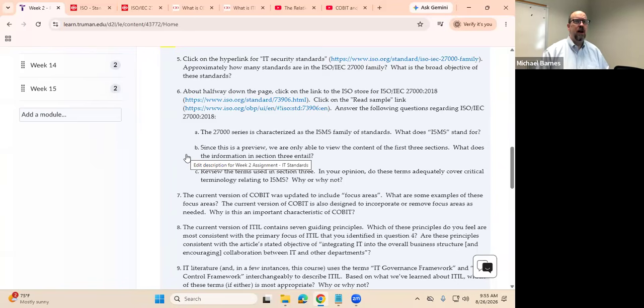One of the big concerns about IT resources nowadays, as Megan pointed out, is cybersecurity and privacy. Those are both issues that we're going to discuss in more detail. Threats to existing security within IT resources will be one of the large prominent goals of the ISO 27000 series. All right, about halfway down the page, click on the ISO link for ISO 27018, which again,